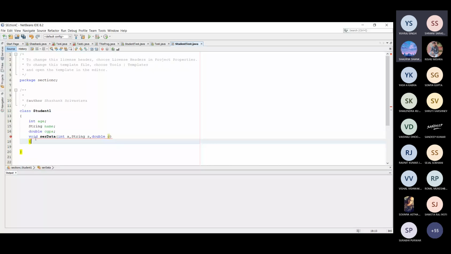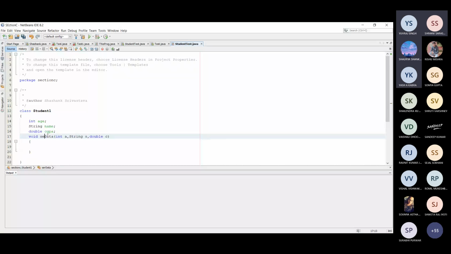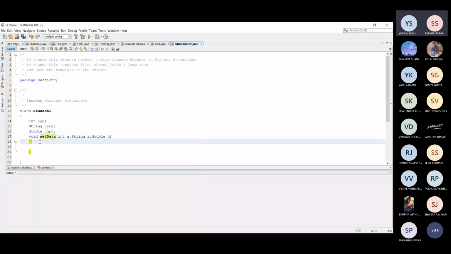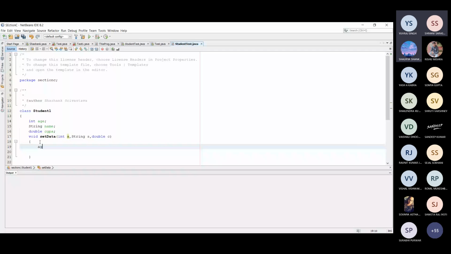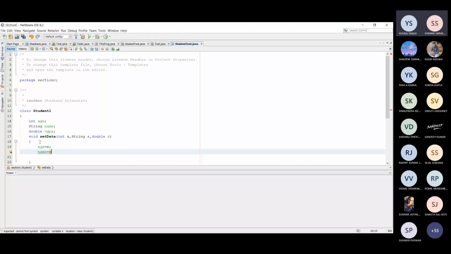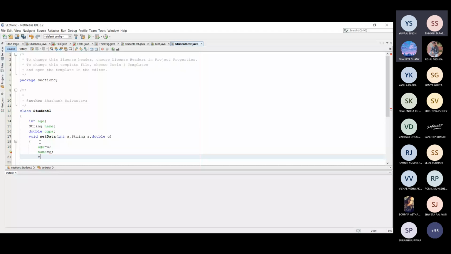So this is the setData method, in order to set the value of age, name, and CGPA. So age equal to a, name equal to s, and CGPA equal to c.